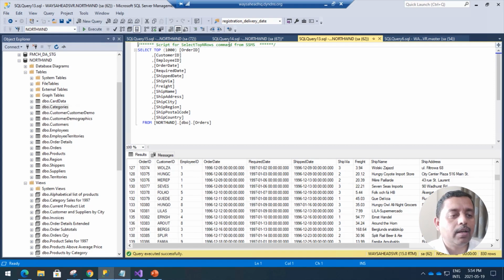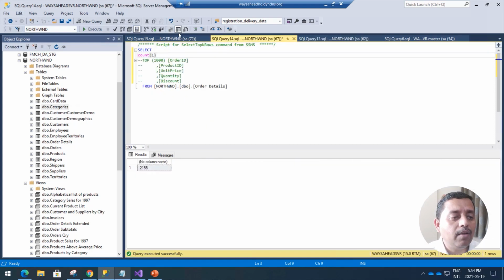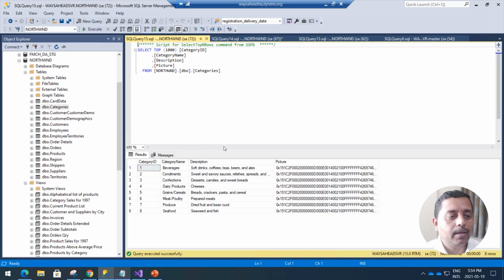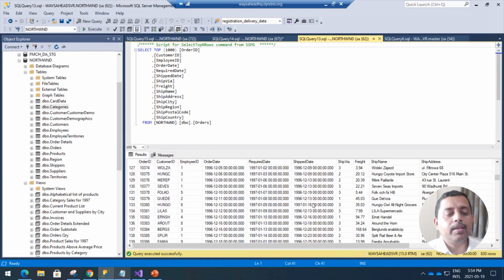So transactional data, and then we have the categorical data. Most often we have seen that if it is transactional data, this has to be moved either as and when the transaction happens, or on a very frequent basis, maybe daily, twice a day, once a day, something like this.